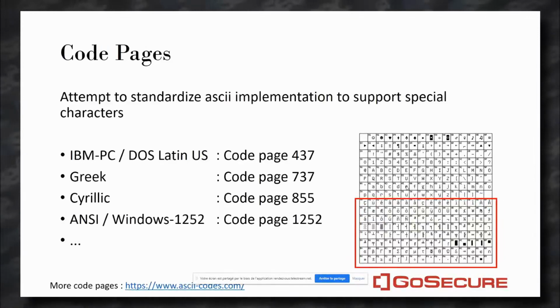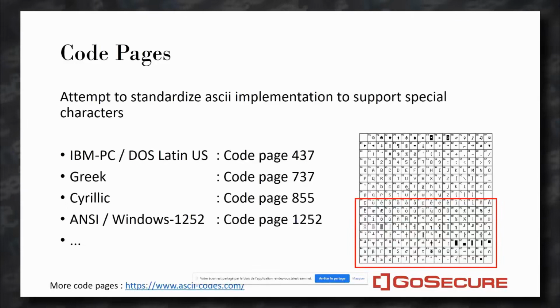But at the same time, if you want to write a text in Greek, you can use code page 737. And the idea is that you can have multiple files with multiple code pages, and you can switch between those. But with this type of implementation, there are going to be multiple problems.